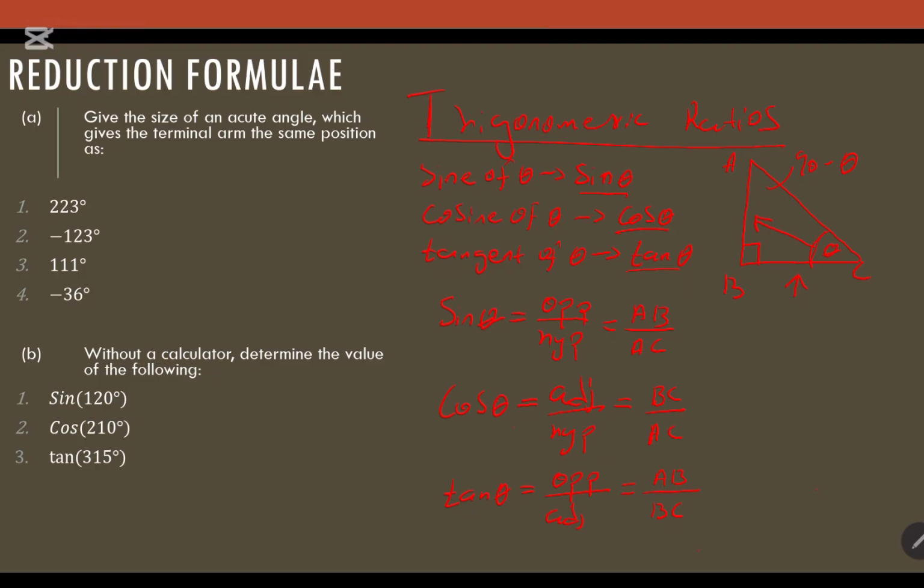So let's go and look at the questions that are given here to guide us to develop the reduction rules. Now, the given statement says, give the size of an acute angle which gives the terminal arm the same position as angle 223. We are going to represent these angles in standard position so that we can show the position of the terminal arms of these angles and therefore identify the acute angle that gives the same position. So this angle here is